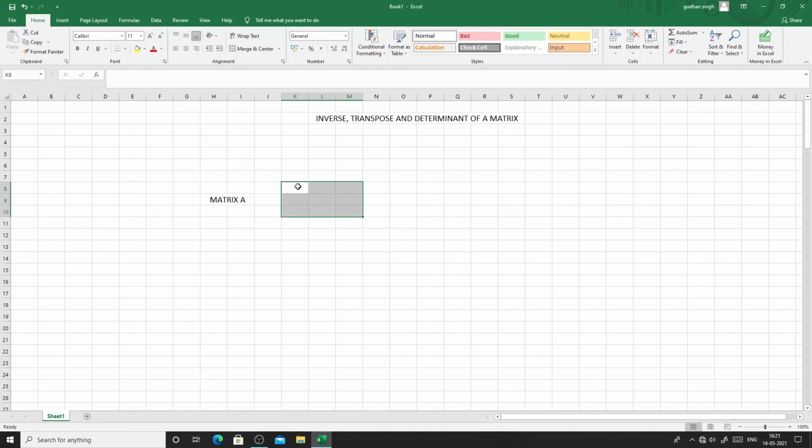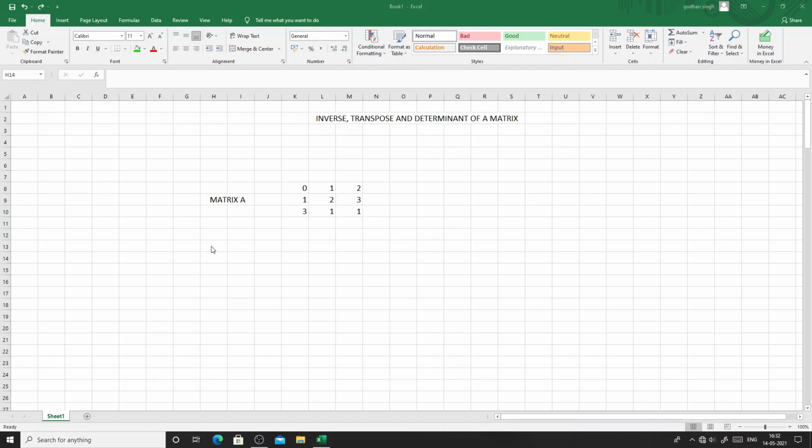So the matrix which I am taking is first row, let me take 0, then 1, then 2, next row I will take 1, then 2, and then 3. Third row I will take 3, 1 and 1. So here also let me increase the size of the numbers, so it will be 16. And next what we'll do is we'll find one by one all of these. So let us find the inverse of matrix A.